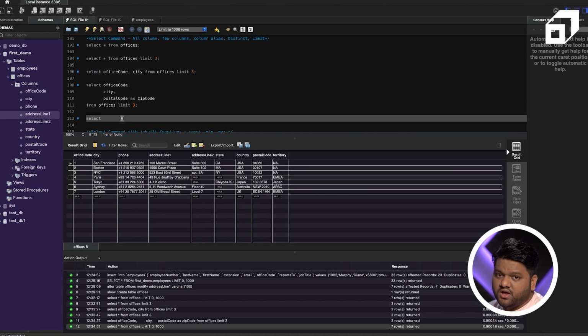on any specific column. Here in our data we can see country is something which has been repeated multiple times for different rows: USA, France, Japan, Australia, UK. Let's say we have lakhs or millions of records in our table and we want to identify the distinct values in a particular column. How do we do that? For that we will use the distinct keyword and after that just mention the column name. So select distinct country from